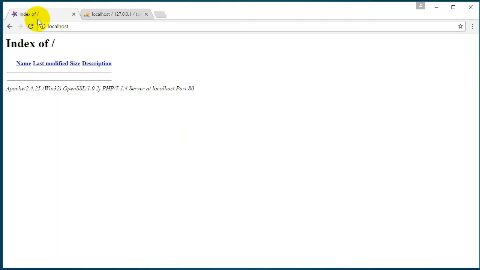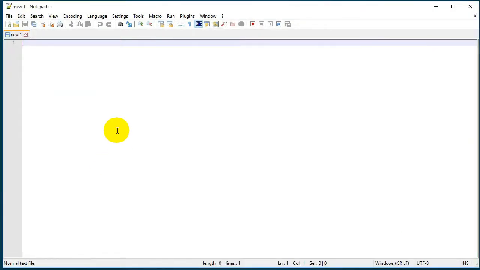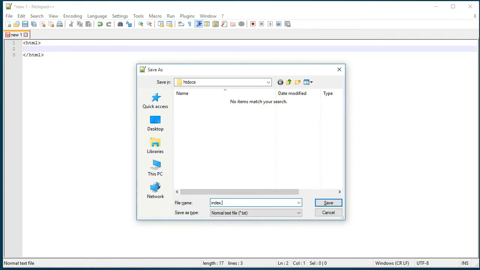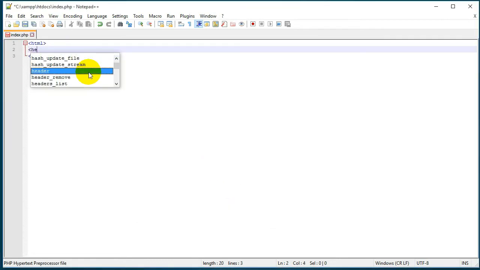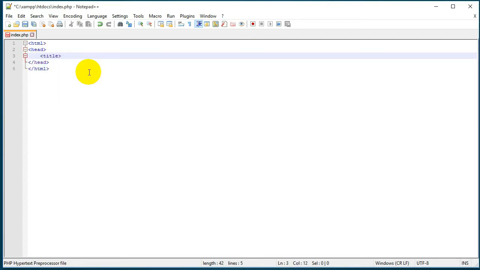Okay, now let's go ahead and create our first PHP file. I don't have anything in this folder, the main folder, so I'll go ahead and create the first file, and here actually I will use only HTML code. I'll save it as index.php, and then we have a head here, we have a title,